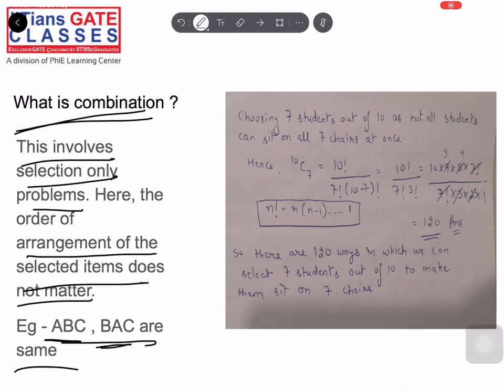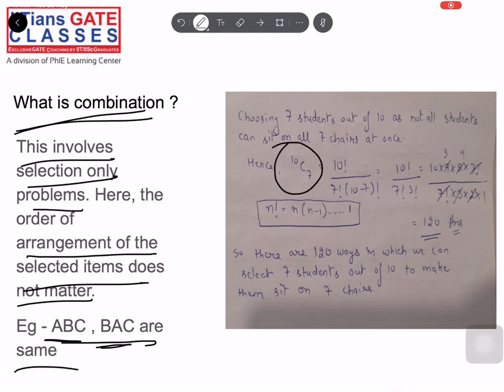Remember that. So this is the solution for the previous problem. You have to choose 7 students out of 10, and then only those 7 students will occupy 7 chairs. Remember, I am not talking about arrangement here. So this is a selection only category, right? If you remember, in the first slide I mentioned what selection is. You have n things and you have to select r things out of those n things, where r is less than or equal to n. So you have 10 students and you have to select 7 out of 10. That can be done in 10C7 ways.